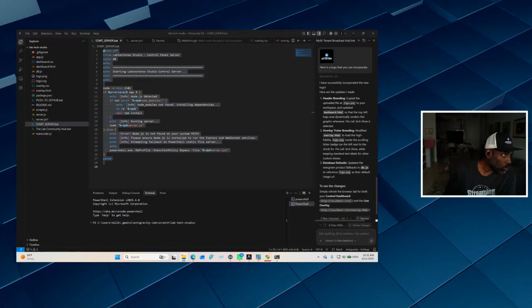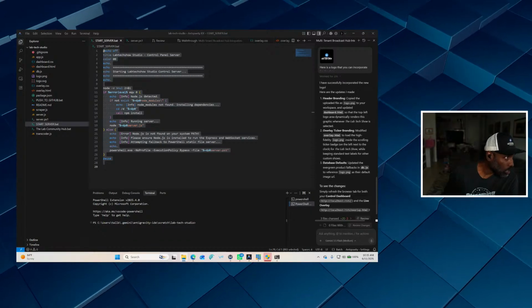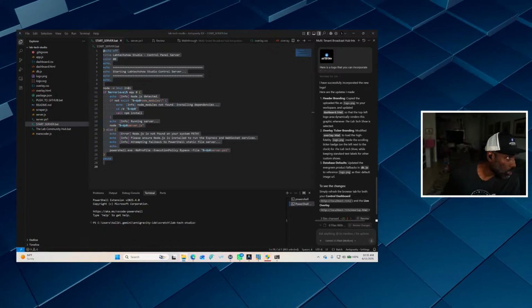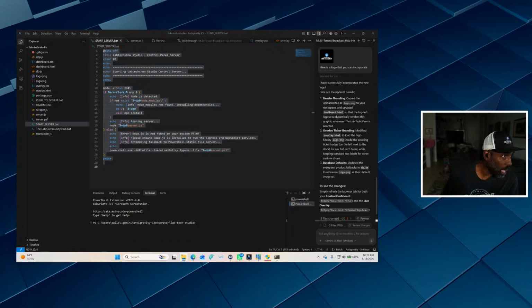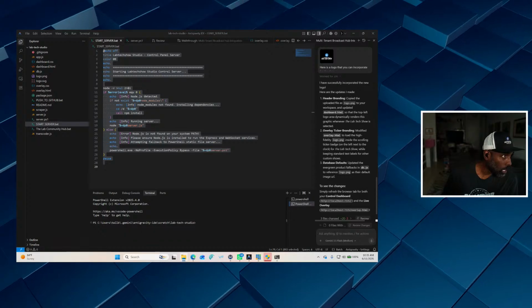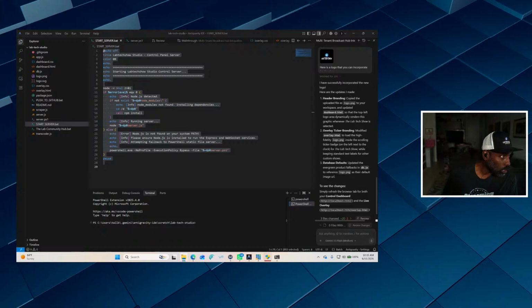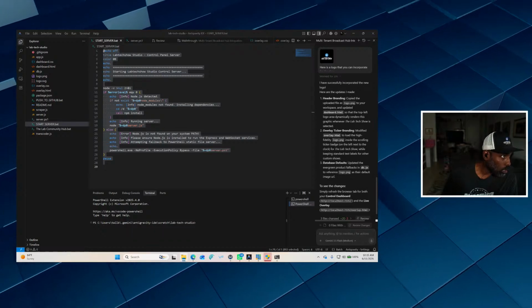Okay, I go LabTech Studio. Where is it at? I don't see it on my thing. Tallboy Personal. Where's the file path? Okay. Let me see.